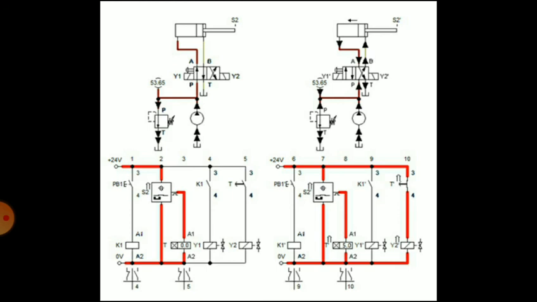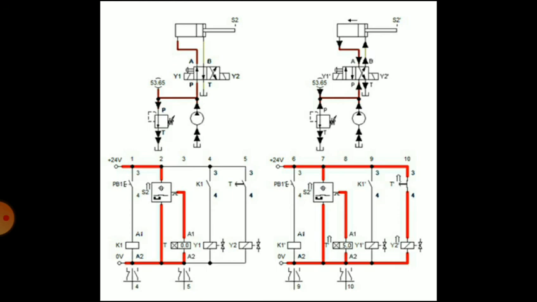That delay is achieved by the timer circuit in an electrohydraulic system. So that timer will delay the operation.